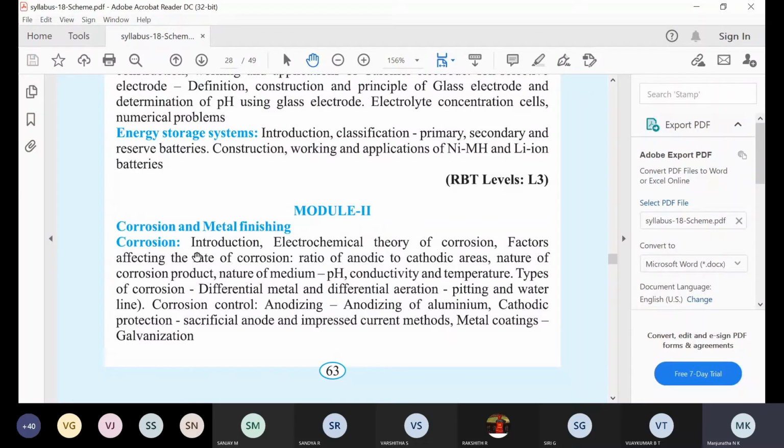For example, take iron. Once iron metal is exposed to the surrounding environment, after a few days or some time, an iron oxide layer forms on the surface of the iron metal, which all of you have observed. So whatever iron oxide is formed on the surface of the iron metal is called corrosion. Sometimes corrosion is observed very fast, sometimes very slowly, because of some factors.